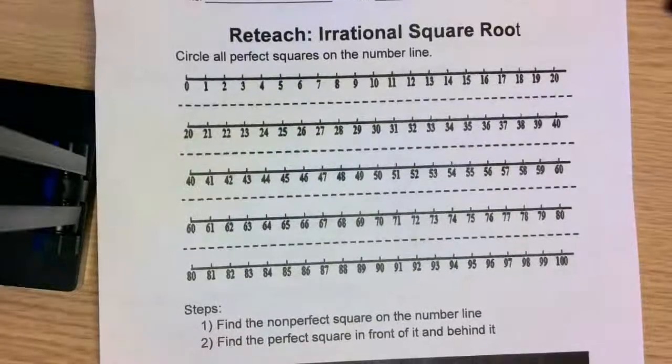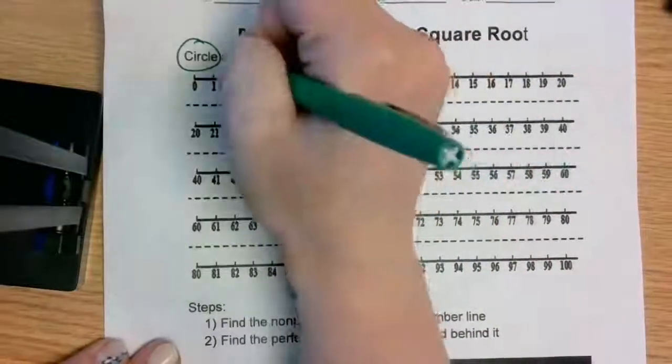All right, so this first one is going to be going over irrational square roots. Irrational square roots are square roots that are not perfect. The first thing we are going to do is identify, so we're circling, all of our perfect